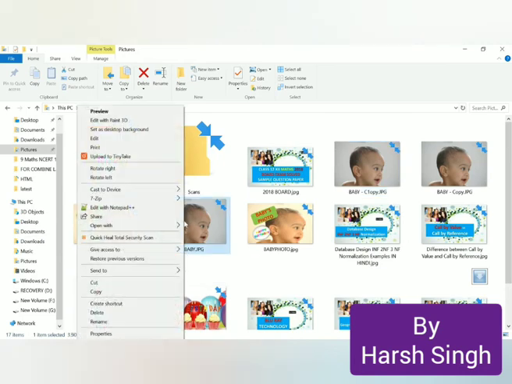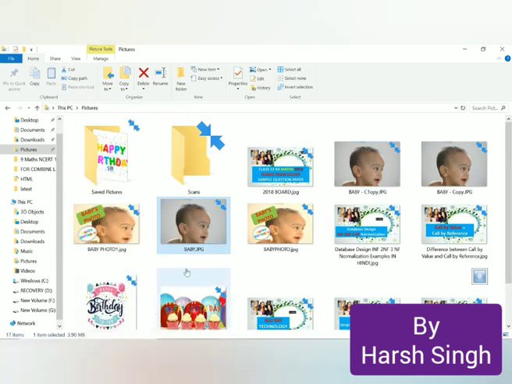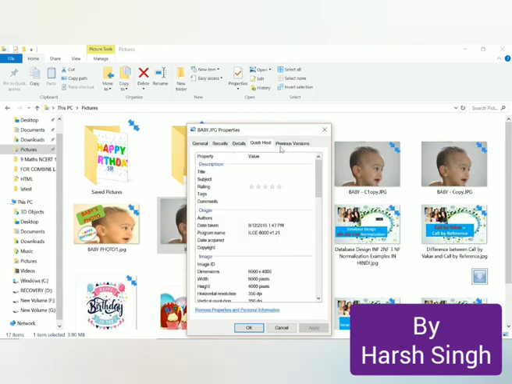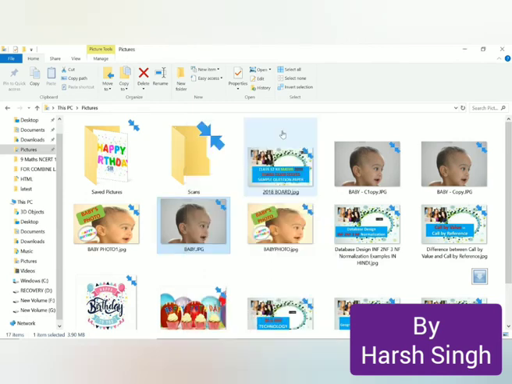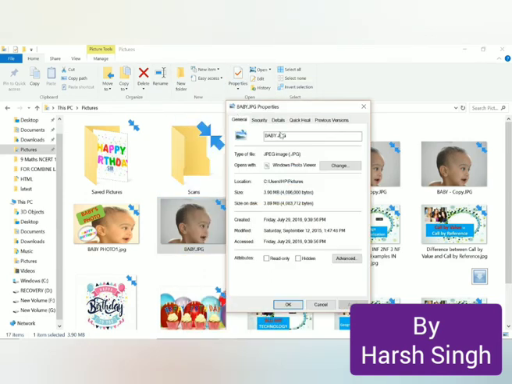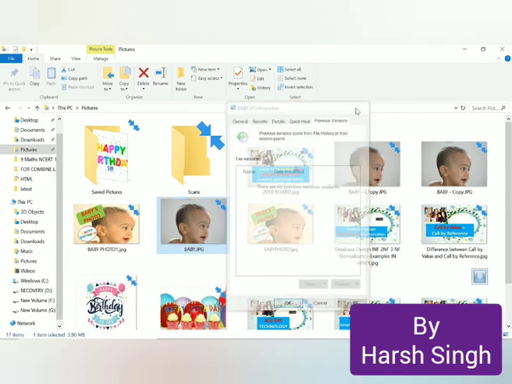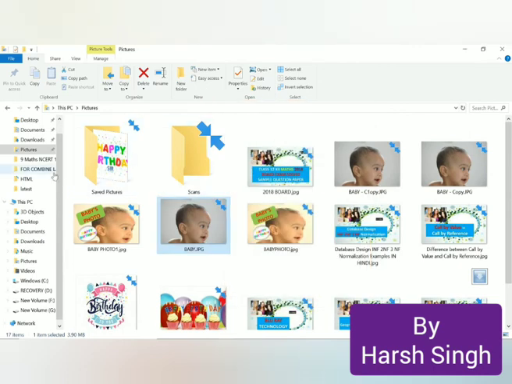So let me see the properties, where I can find out the path. If I'm not able to find the path, I'll go to the properties here, and then I can go to this. Okay, so the path can be easily found if I go here.